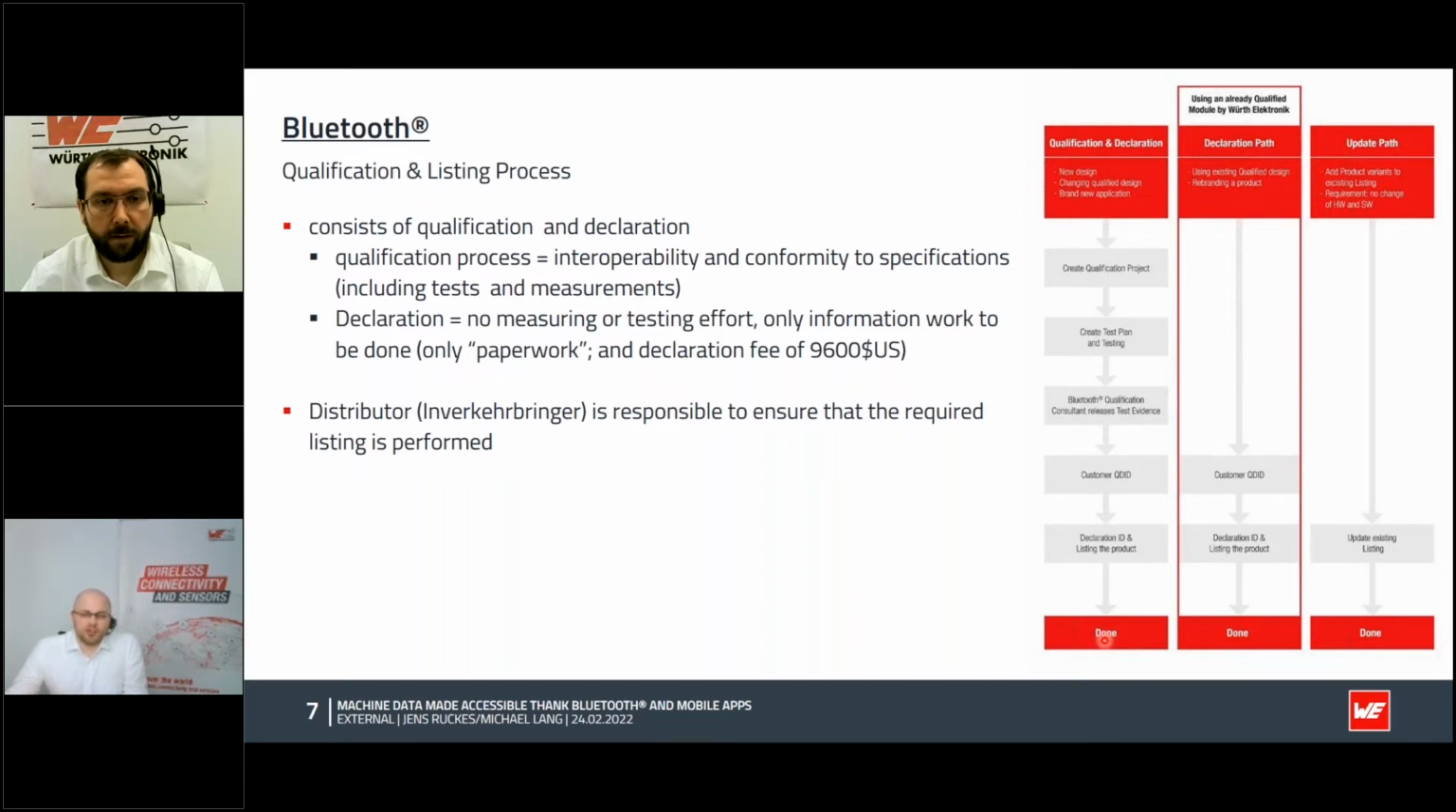Another possibility, which is somehow easier, is you start already with a qualified product. For example, a Bluetooth module from Würth Elektronik or other manufacturers. They have, or we have, qualified modules, and so you do not have to do the effort, the money, and also the time to qualify your product, but you get in this declaration process and have to do only the paperwork. So you take the QD ID, and then you relatively fast get this listing ID,